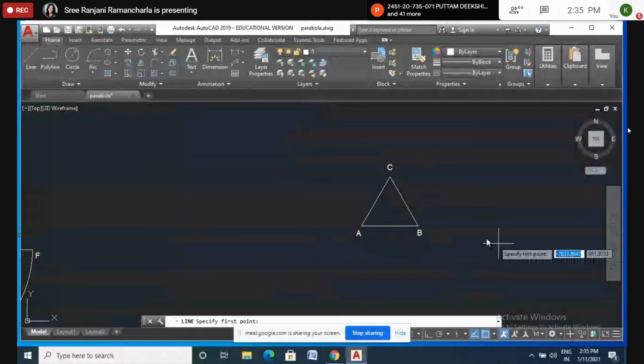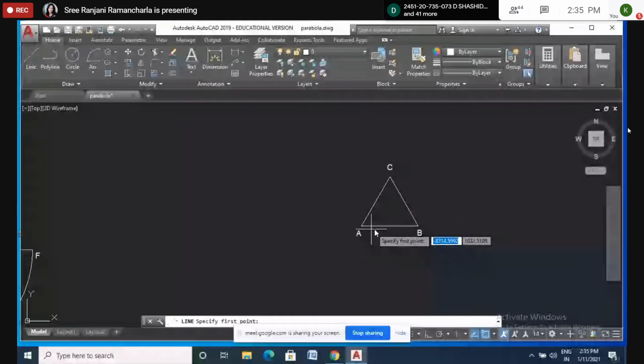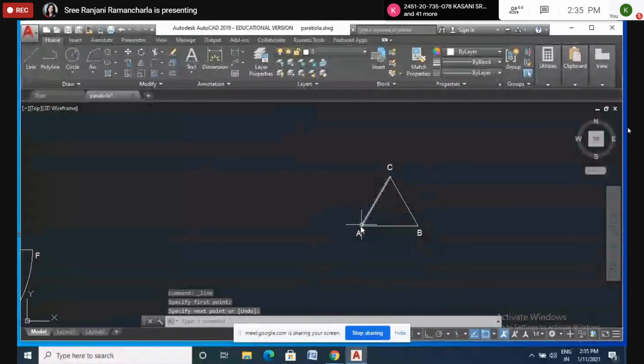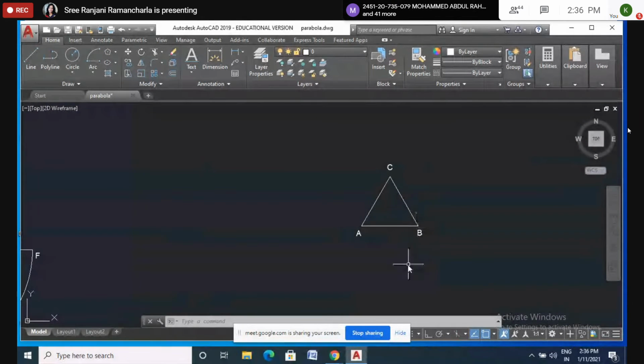So for the triangle, what will be this angle? Don't measure the angle. Just extend this line by 2 centimeters, because when we unwind by stretching the string, when you come to the point E, that string will be straightened and coincide with this straight line. So we have to extend this line.